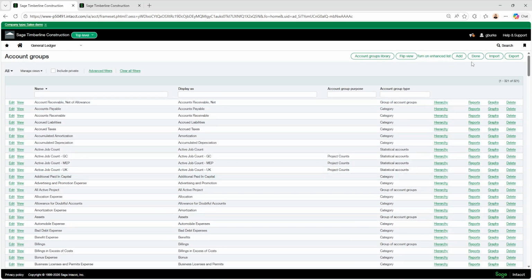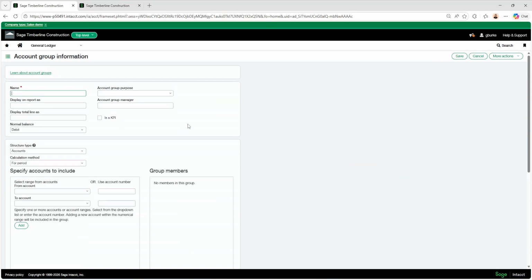So let's go ahead and add a sample. I'll call it my custom cost of sales. And then I can choose how it displays on a report. So there's already a cost of sales in the system, which is why I'm adding the word custom. I want to know it's mine, my custom one I made. But I don't want it to show on the report like that. That'd look odd saying that to clients. So I can leave the name like that, but then I can change how it displays on the report, and I can change the total line.